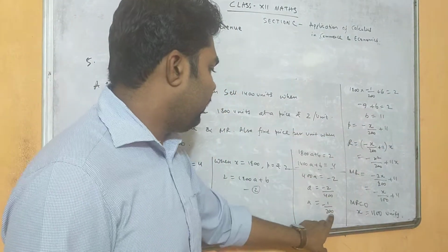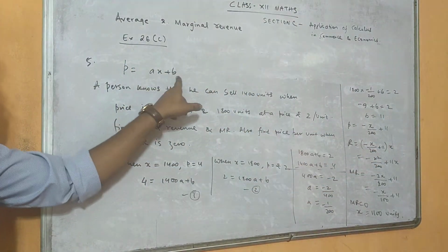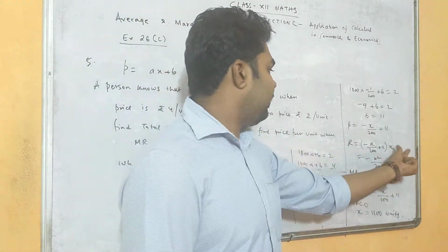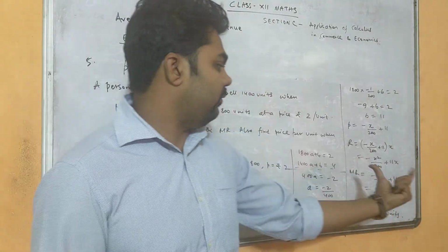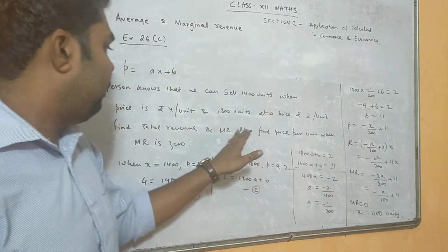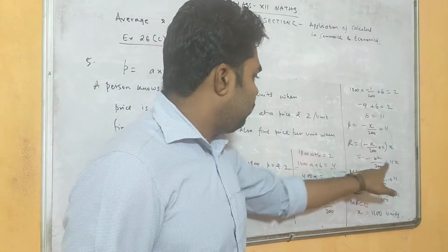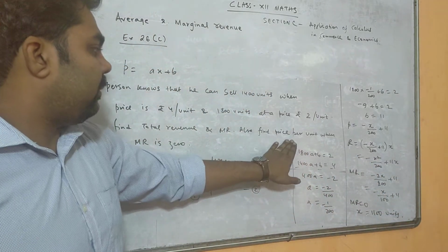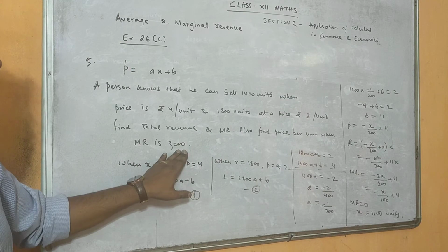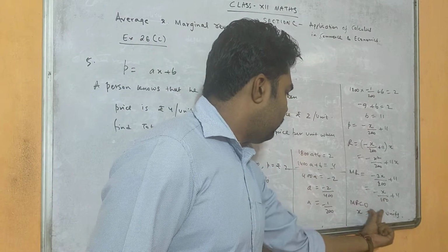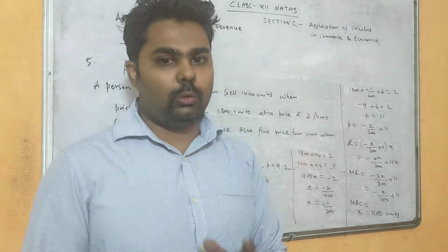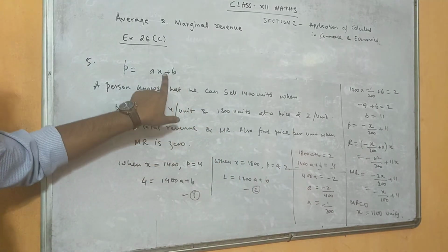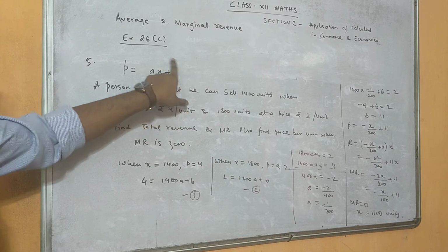Now we'll substitute the value of a and b in this equation, price per unit, right? After getting this, we'll multiply by X. Once you multiply by X, then you will get the revenue function. This is the revenue function. Next, we have to find marginal revenue. Marginal revenue means we will differentiate this revenue function, we will get the marginal revenue, right? Last portion, find the price per unit when marginal revenue is 0. So when marginal revenue is 0, we will get X value 1100 units. Okay, this 1100 units, what we have to find? Price per unit. This X equals 1100, we will substitute here, and we will get the price per unit.